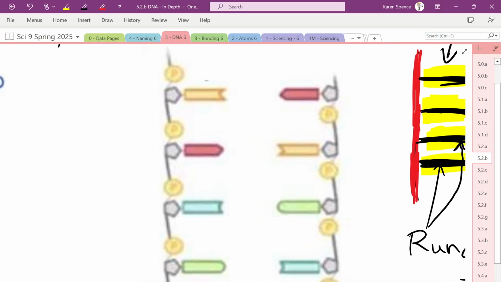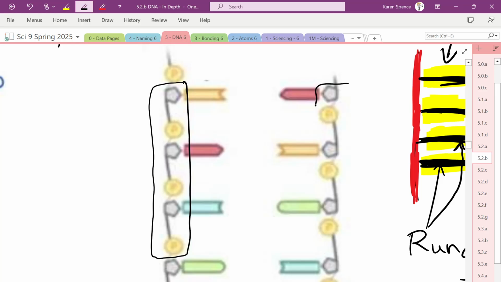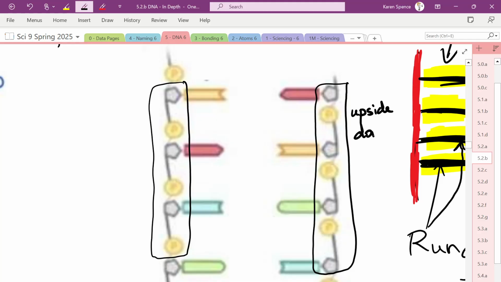What do you notice about the sugar and the phosphate on this side compared with the sugar and phosphate on the other side? It's upside down, right? Upside down. So what we actually call that, there is a biological term for that where one goes in this direction and one goes in that direction. We'll say this one goes down and this one goes up. We call that,